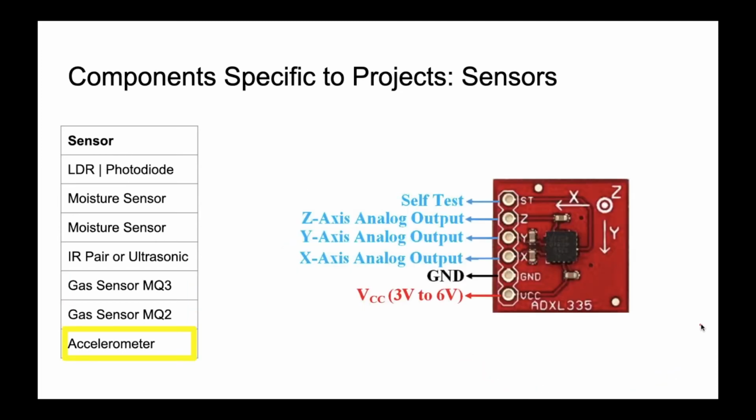Our next type of common sensor is the accelerometer sensor. In all present mobile phones, such a sensor is already there. You know why? Whenever we are playing games, based on our hand movement, you automatically steer the car left or right if it is a car racing game. That is made possible by such a sensor, an accelerometer sensor.